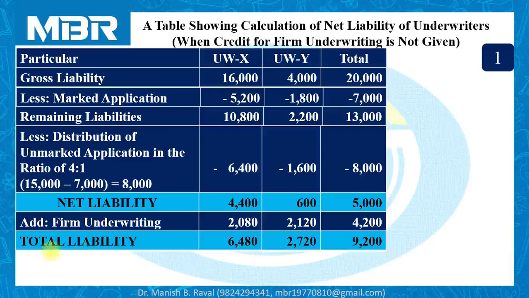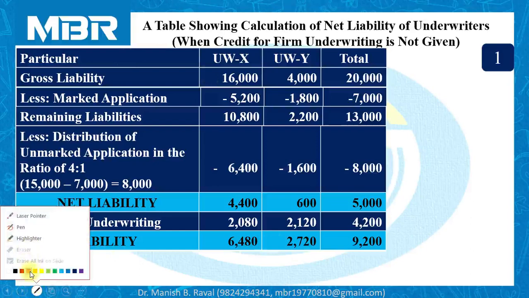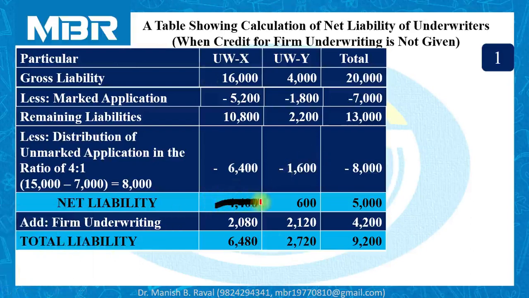Now at this point of discussion, it is necessary for all of you to understand that in any case, for example, if this net liability is 0 and this net liability is also 0 for X and Y, it means the total number of shares subscribed by the public, then also underwriter X will get 2,080 shares from the company and underwriter Y will also get